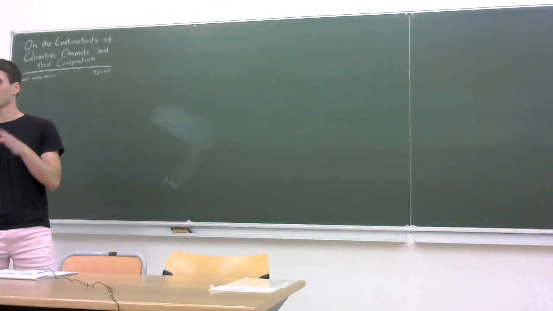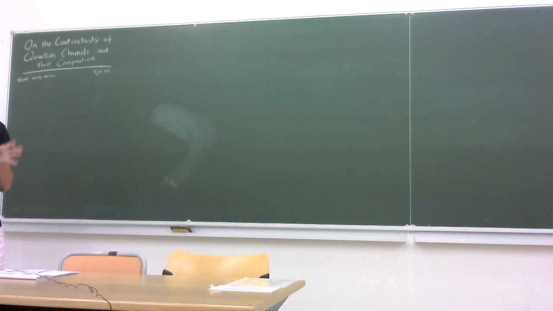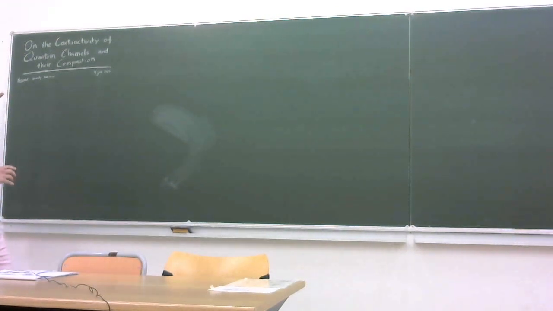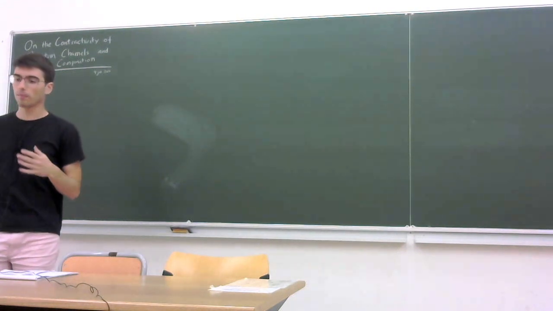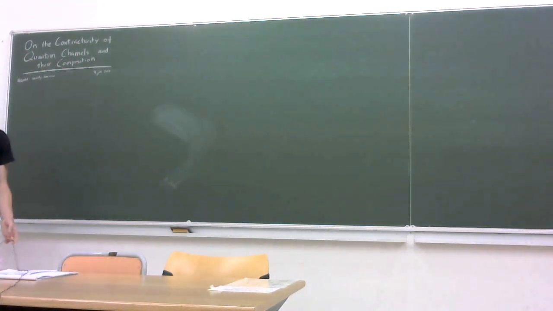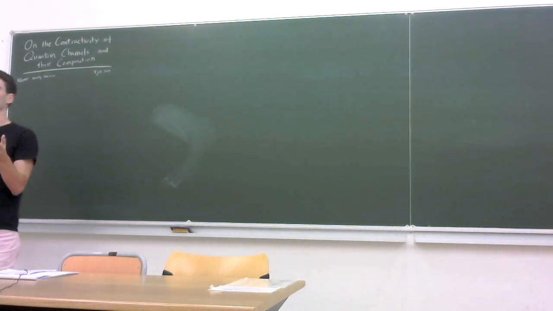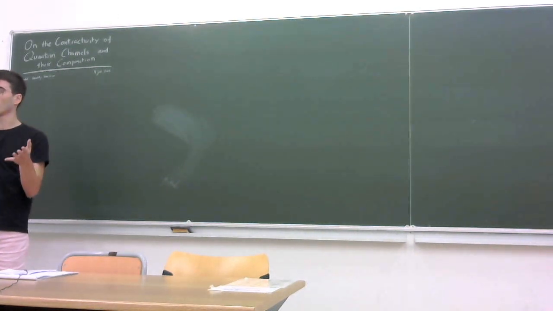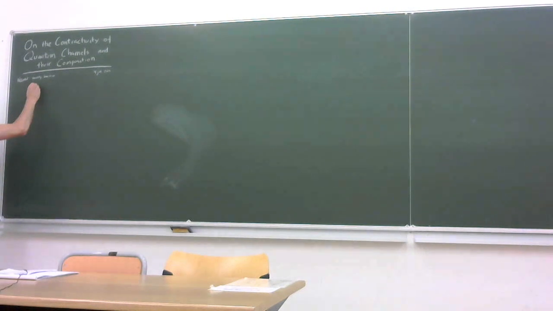Let me start by explaining the title of the talk. I'm going to talk about the contractivity of quantum channels and their composition. What I mean by contractivity is that if you have a way of measuring the distinguishability between two quantum states, let's say two states rho and sigma that are distinguishable in some sense,